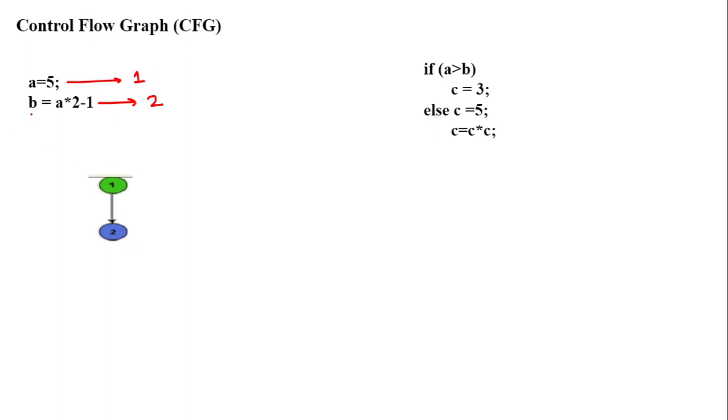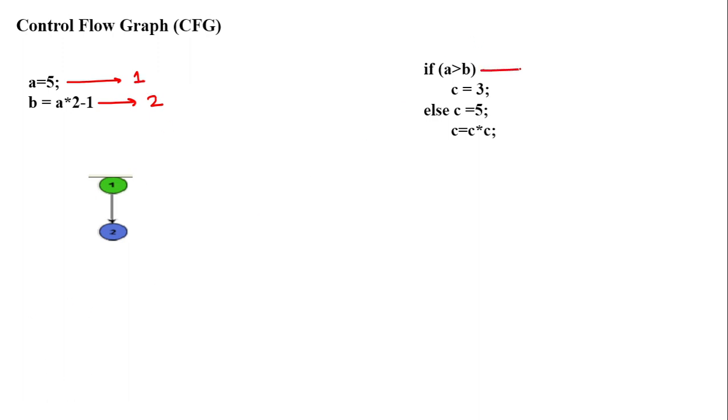Because if you notice in statement number 2, आप B की value derive कर रहे हो from A with the help of A. So obviously पहले आपको A की value define करनी पड़ेगी. This is why we are writing 1 and then we are doing 2. So 1 के बाद we are following the flow is.